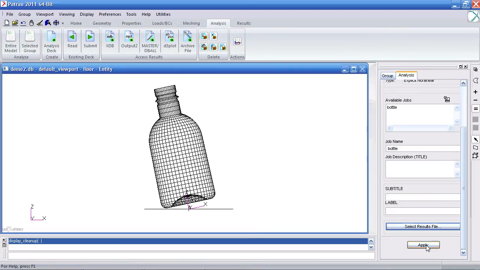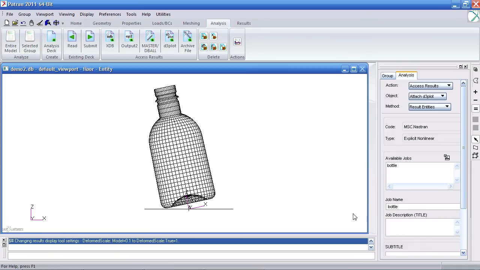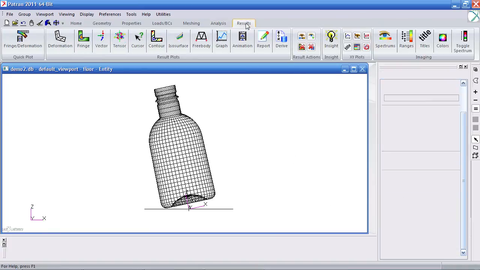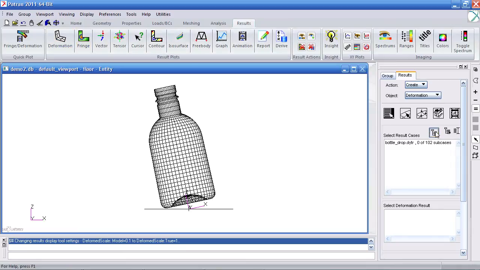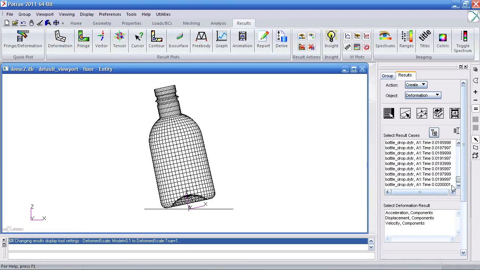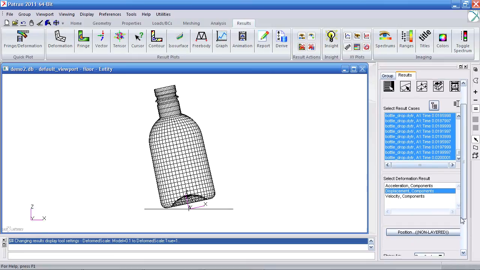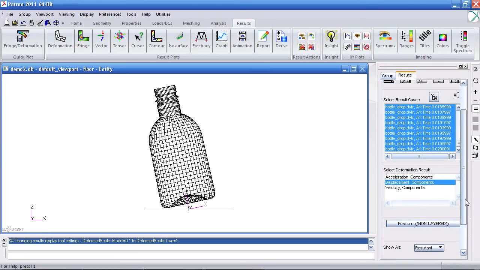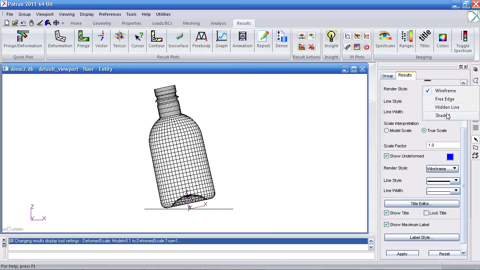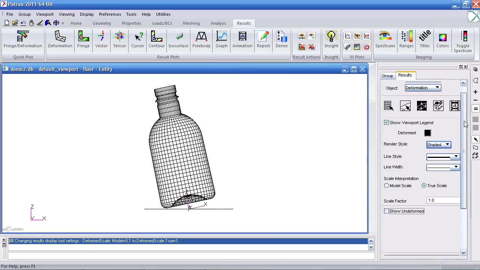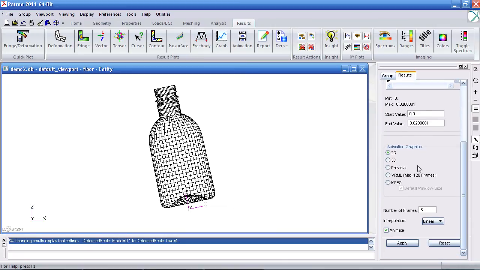And I'm going to read that information. Okay, and now what I can do if I want to is I can go create a plot. Let's plot deformation. I typically like to look at deformation before anything. Let's create an animation. And I'm going to do a couple of switches here. I just want it to be shaded. I don't want to see the undeformed. And I want to do this in 3D so I can rotate the animating view around, 50 frames,